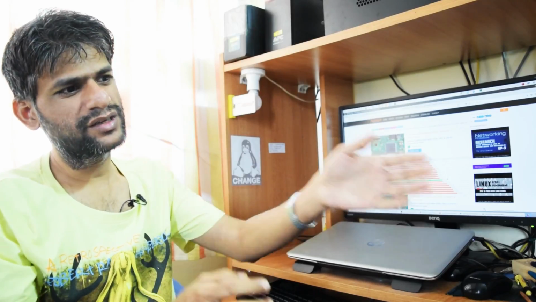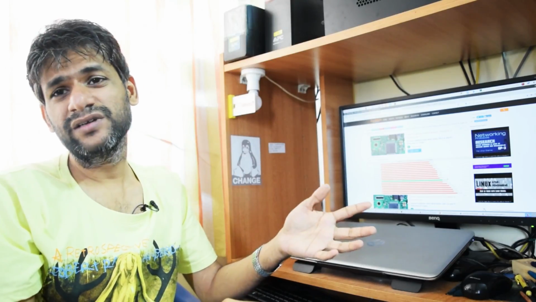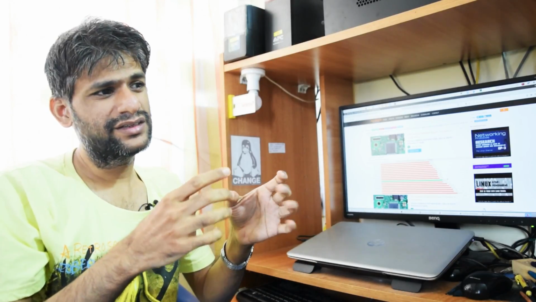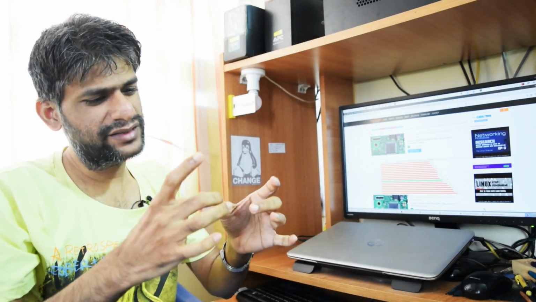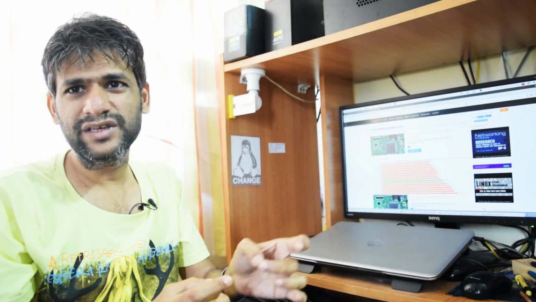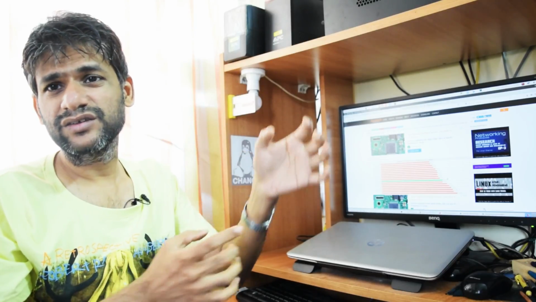Sometimes suddenly if I replace this water cooled system with active air cooled heat sinks, then it may give a different performance curve. So I don't want to take these measurements too seriously. It roughly tells more or less both are the same, but the desktop has a slightly higher edge than this